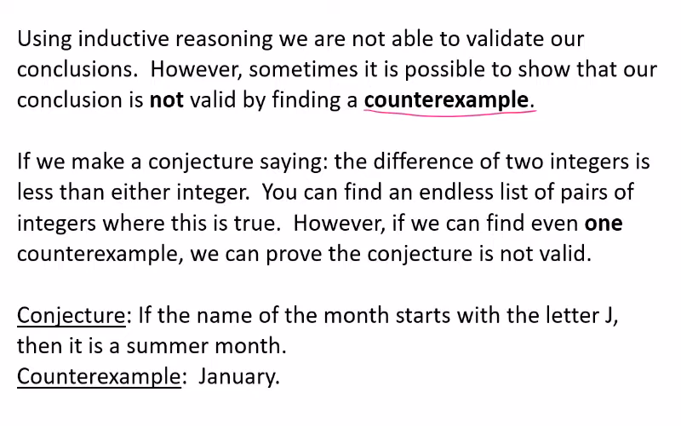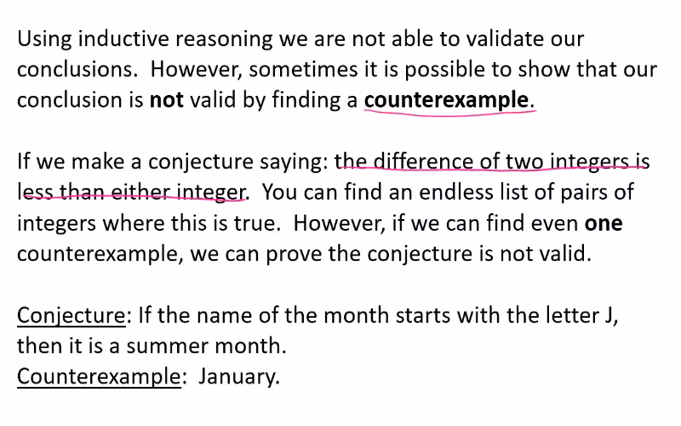So if we make a conjecture that says the difference of two integers is less than either integer, there's an infinite amount of possibilities where that is true. Like 3 minus 2 is 1. So 1 is less than 3 and it's less than 2, right? And I could continue with the pattern of numbers that are consecutive, like 4 and 5, or 7 and 6, 8 and 9, et cetera. And their difference will be 1, and that will of course be less than the two integers that I'm subtracting,